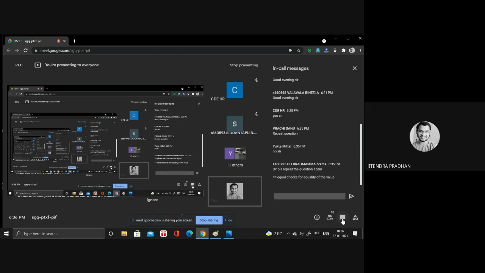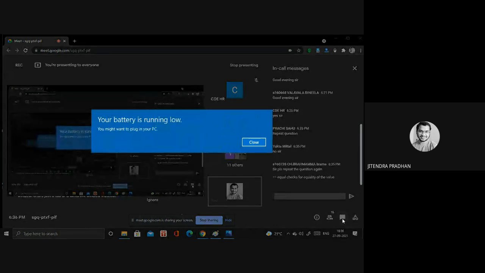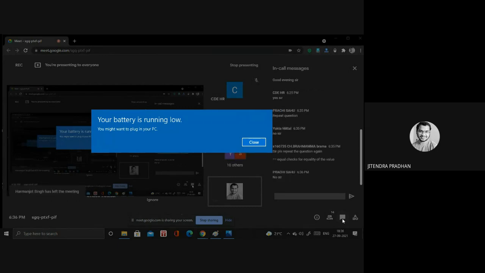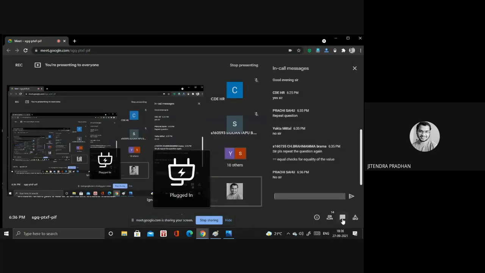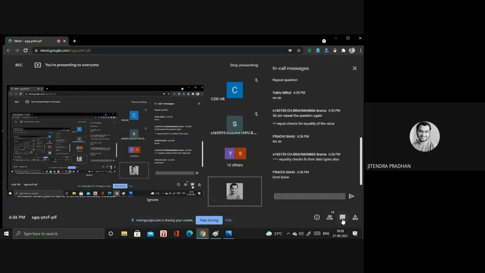Yeah, equal checks for equality of the value, and triple equal, what is that? No, sir. Okay, no. Triple equal checks the data type also.